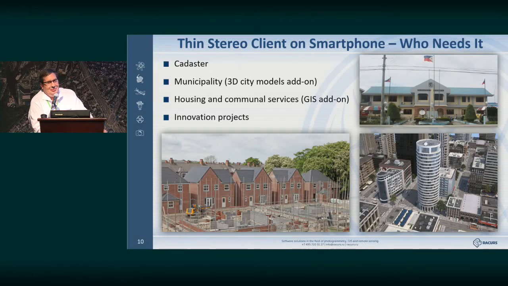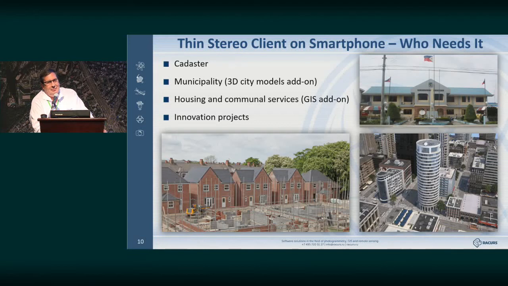Now the convention of cadastre engineers is convened. We showed them how it works. Anna told you that municipalities show interest in stereo models, and in fact our software is not related to photomod. It consists of 2 parts: stereo server and stereo client.